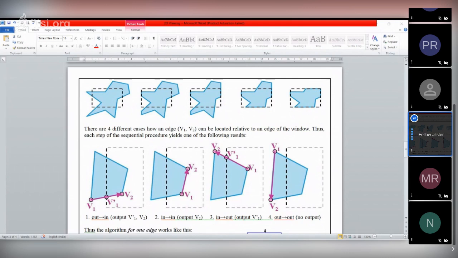We need to be displayed on the screen. Now, first one, consider this side, the left side. After getting this left side, after getting the two intersected point, just add this point.